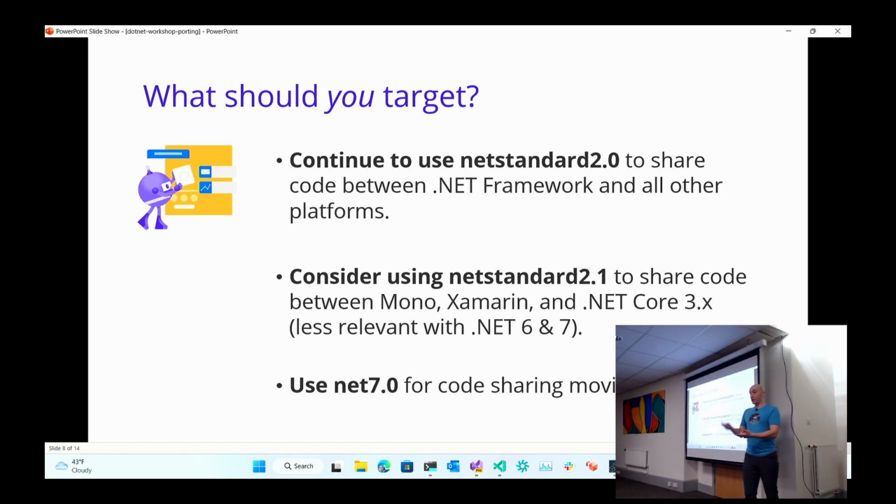The short answer is if you are building a class library that needs to be called from a .NET 7 or a .NET Framework application, use .NET Standard still. If there are specific pieces of functionality like Span of T or some of the other things that are of interest in .NET Standard 2.1, you can do that. But if you're just building a library that's going to be called just from .NET 7 applications going forward, that class library itself can also be .NET 7. It doesn't need to be some other version.